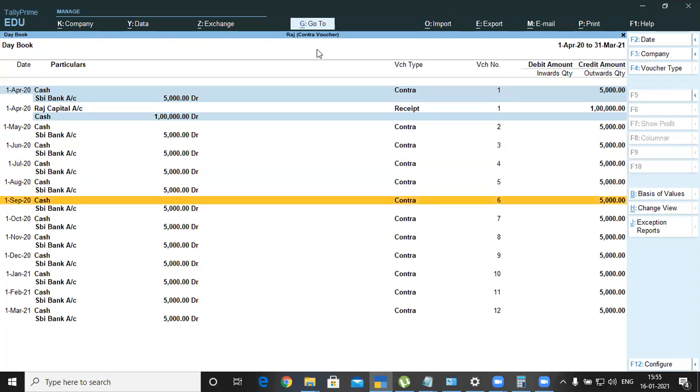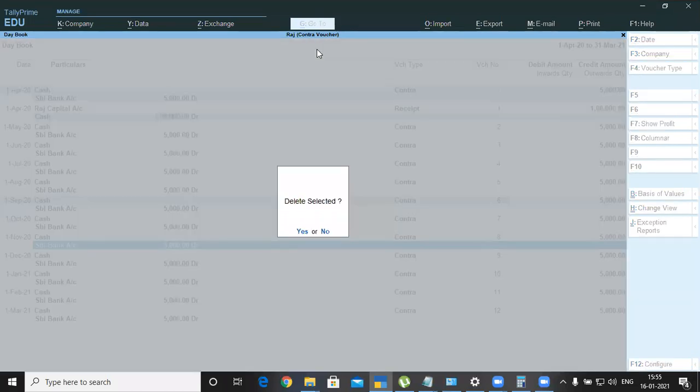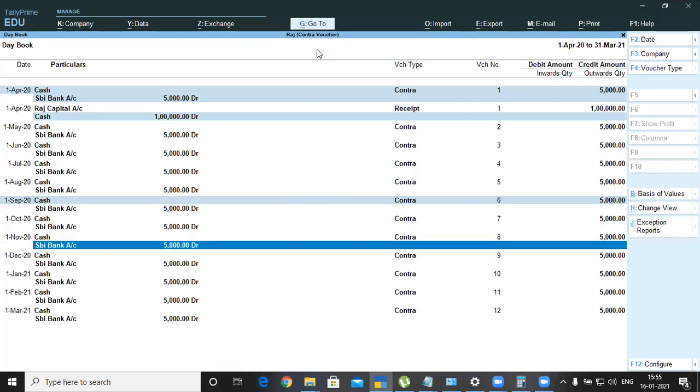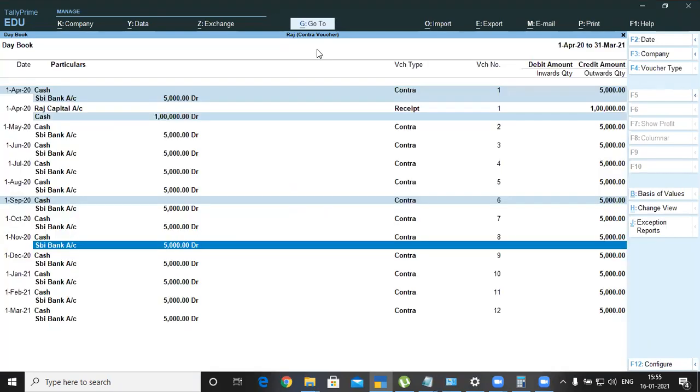Use the arrow button and press space bar on whichever you don't want, and press Alt D, it is deleting, and Alt X, it is to cancel. Alt plus X is to cancel and Alt plus D is to delete.